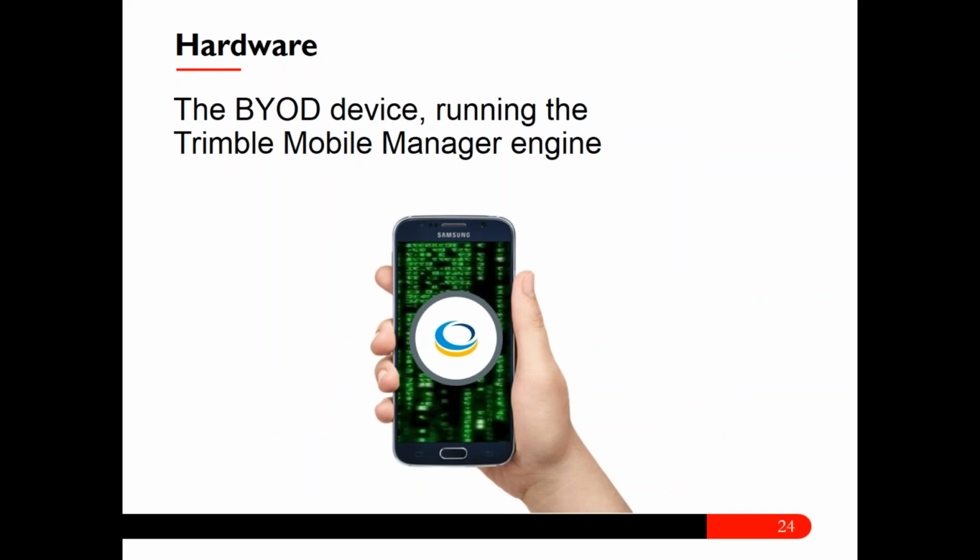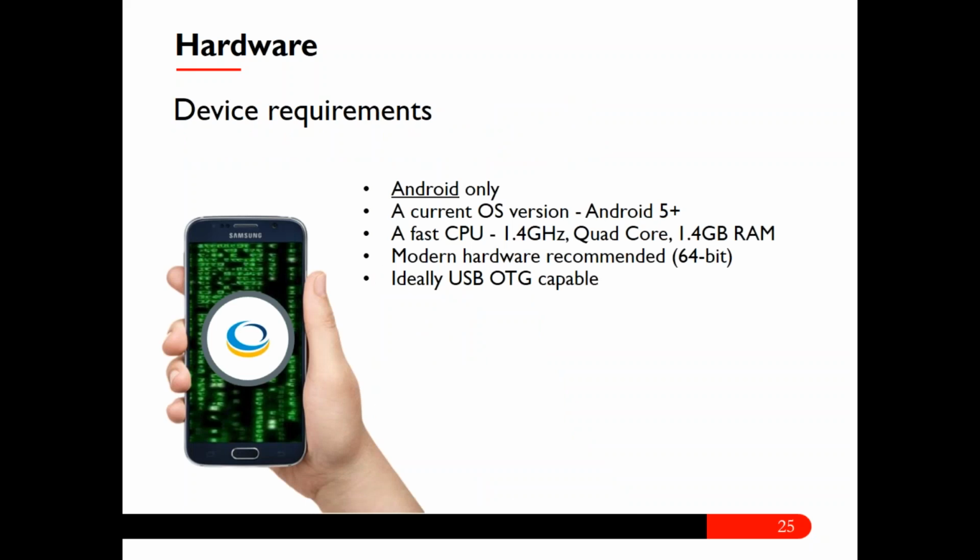Getting into how it connects, basically you bring your own device and you download an app. It's called Trimble Mobile Manager, and that's the engine that basically runs the Catalyst information coming in. Now, like we said, you bring your own device. There's a lot of information going on in the phone itself, processing a lot of information. If you think about it, we have the Catalyst coming in. It's going to be running a third-party app or a Trimble app. And if we have KeyNet coming in, there's going to be another form of information coming in, the correction